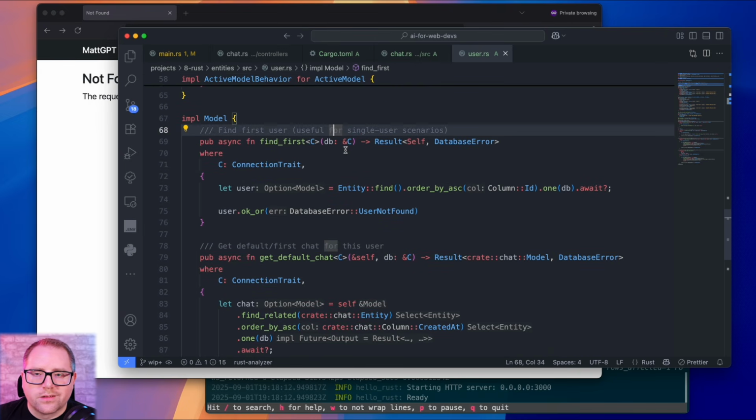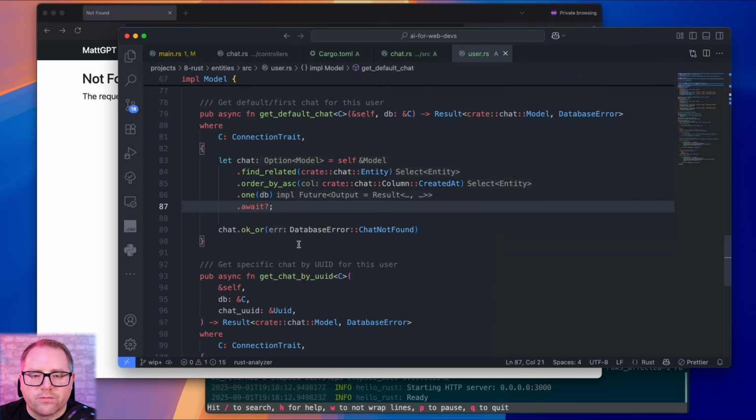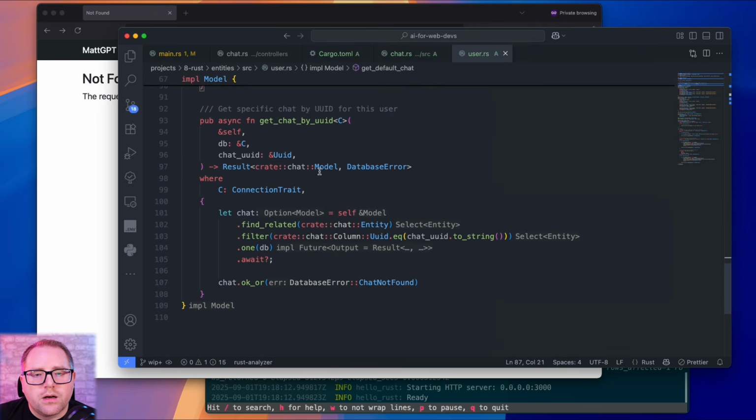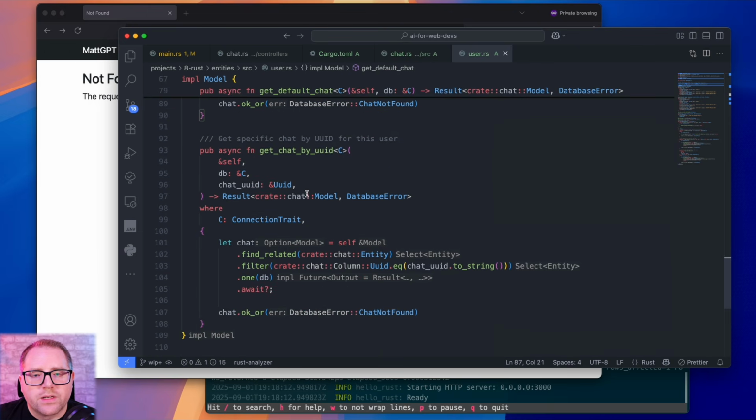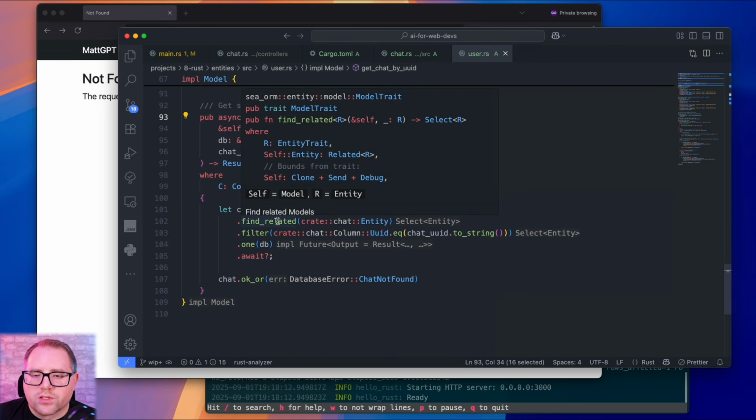You would do something like user find first user, whereas this one would be an actual instance of a user getting the default chat. In this case, it's just going to pick the first chat because for our seeded data we're only really going to have one. This is also going to have a lookup to get a user-specific chat by UUID, so find related given the UUID.